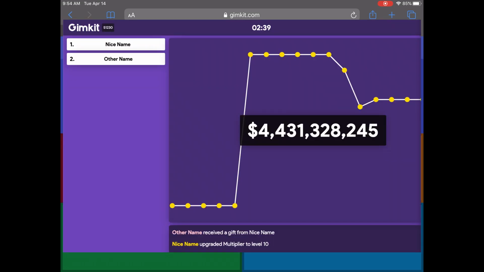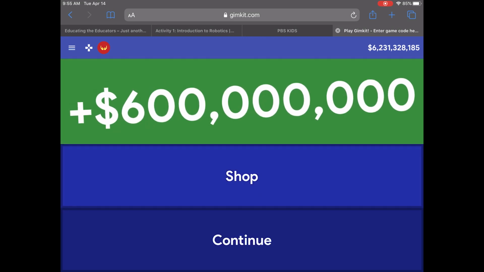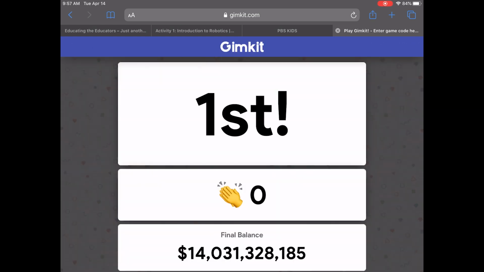Up at the screen at the top, you're going to be able to see the leaderboard, so you can see other people up there and where they are compared to you. You can also see what people are doing to each other. Now once you max out everything, you'll be making about 600 million for every single question you get right, which is a lot. When you finish, it'll tell you what place you're in,